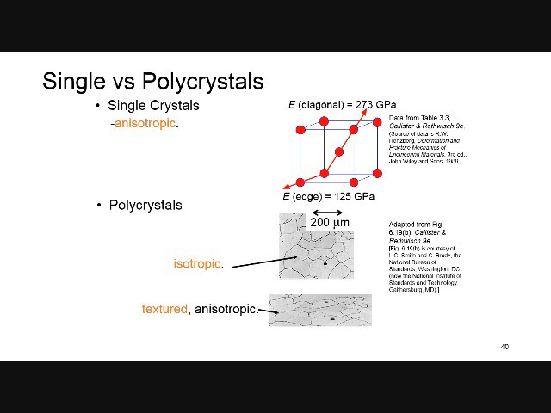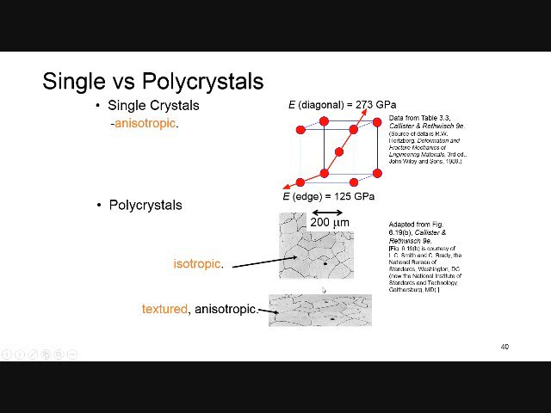For polycrystals, properties may or may not vary with direction. If grains are randomly oriented, like here, as you can see, we have an isotropic material. As an example, the Young's modulus for polycrystalline iron is 210 gigapascal. And if grains are textured, as you can see here, they have a certain direction oriented along a horizontal line. This is anisotropic, and the material's behavior along this line is, of course, different from what you have along